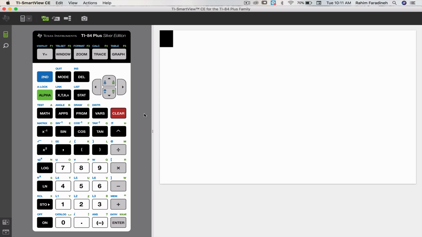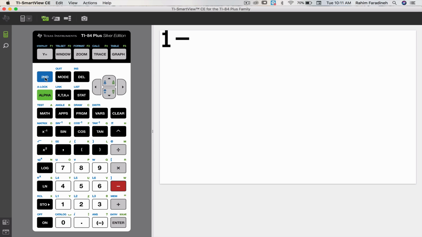Let's continue by doing a couple of more examples, but this time I'm going to do it without having a menu when I use binomial CDF. So I want to compute 1 minus binomial CDF with n equal to 40, p equal to 0.25, and x equal to 10. So I go 1